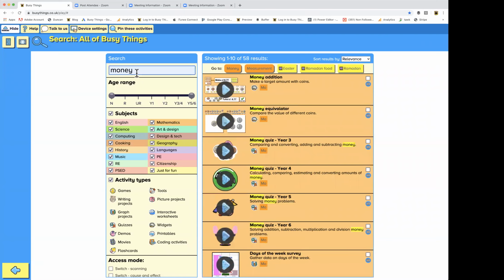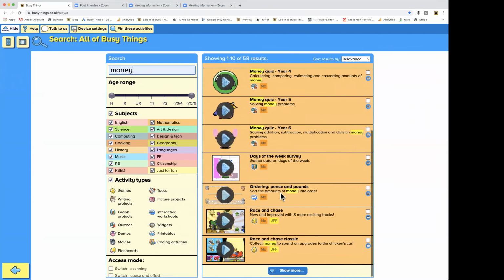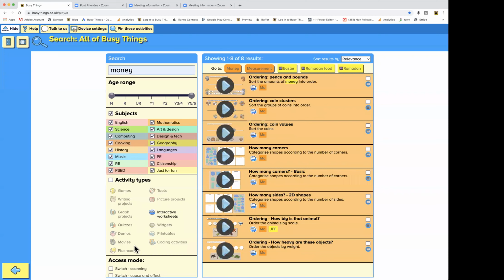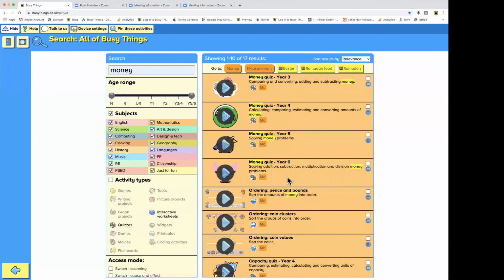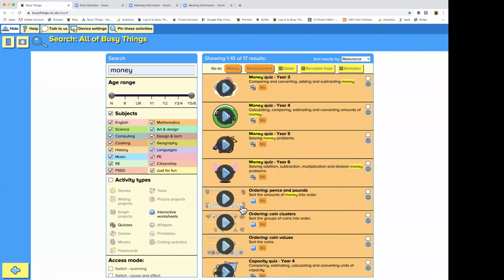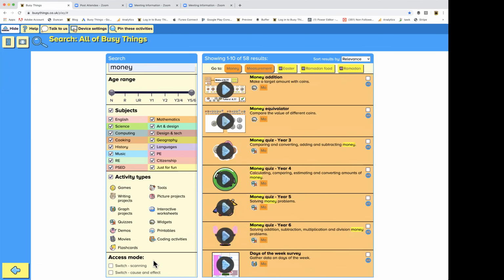So I did money earlier, and I start to see activities that have come up with money in them, and I can change that to I only want to see interactive worksheets and quizzes. So you start to be able to customize what's visible. I'll just point out, because there was someone who ticked